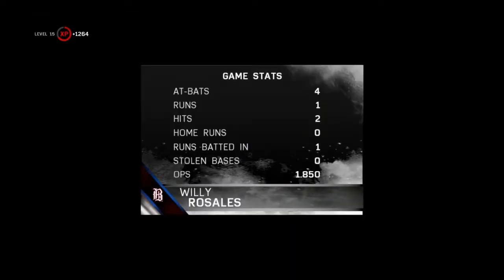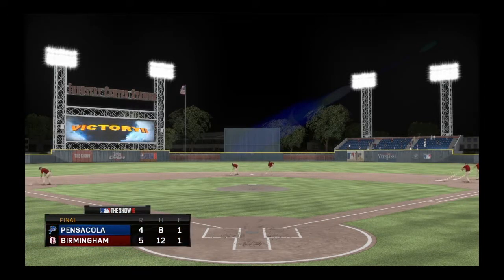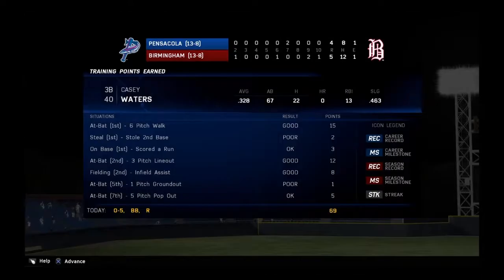A handful of fine individual performances to choose from in this one, boys. But what do you say we go ahead and let this man take home the hardware? He's our tops player of the game. Yeah, you see a couple of hits for him in the ball game. This one was tight throughout, but